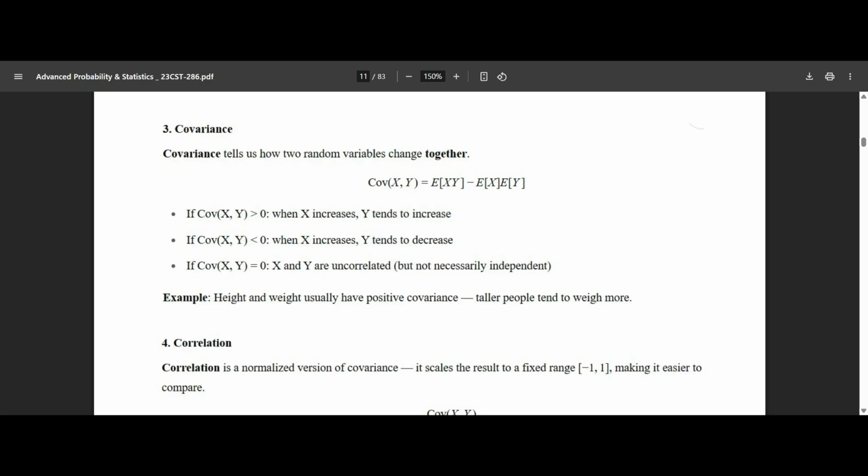That is covariance of x comma y equal to e of xy minus ex into ey। So height and अब covariance अगर positive है, when x increases then y also tends to increase। If covariance is negative then when x increases y tends to decrease, and if covariance is zero then x and y are uncorrelated। So इसका मतलब क्या है? इमेजिन हाइट एंड वेट आर यूजुअली पॉजिटिवली कोरिलेटेड। जैसे आपका अगर हाइट या वेट ज्यादा हो तो अज्यूम करते हैं कि आपका दूसरा वाला फैक्टर, दैट इज इफ योर वेट इज हायर, preferably your height is also very high।